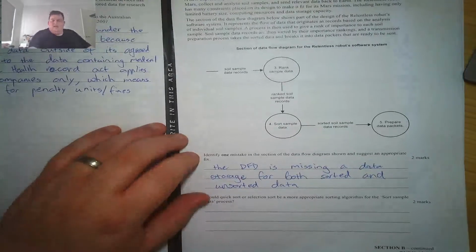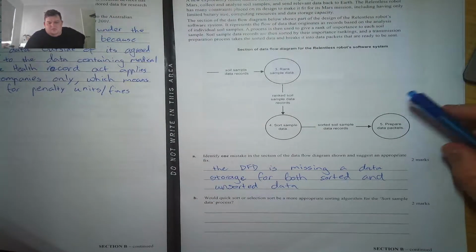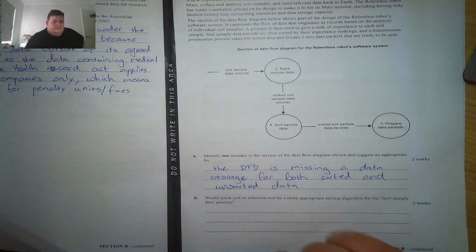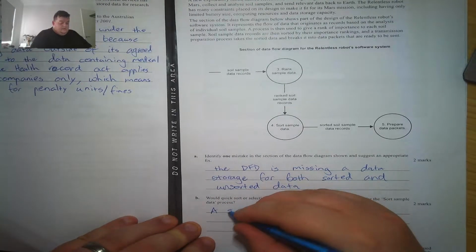Yeah, look, usually the things that I look for when it comes to quick sort versus selection sort, the main one has always been the size of the data set. So yeah, I don't know. I think I'm just going to go with selection sort, to be honest with you. I'm not really too sure, but I'm just going to say a selection sort